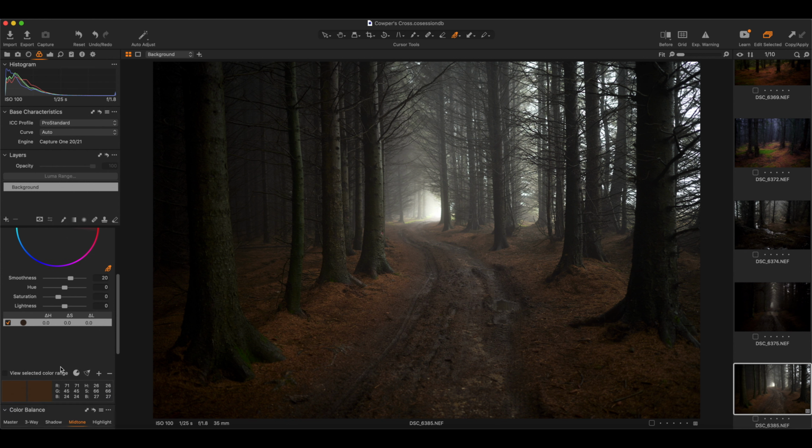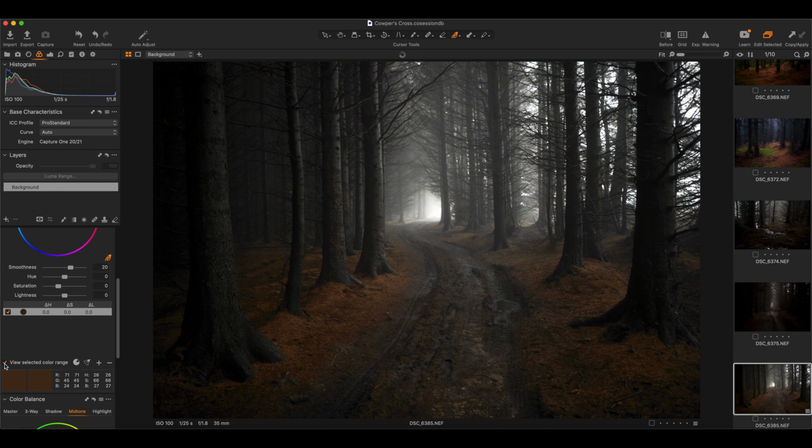and I'm also going to go back down to the view colour range tab here, so we can see that the yellow colour of the pine needles has stayed as it is, and all of the trees and the mist around it has gone black and white. We have got a bit of an area on this tree here that is a bit yellow, but that's not going to be bothering me too much, because it's really the moss that we can see underneath the trees